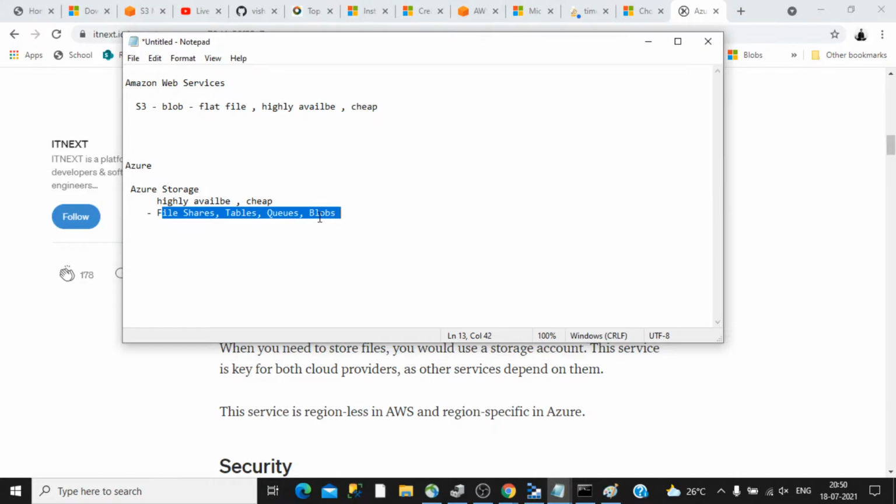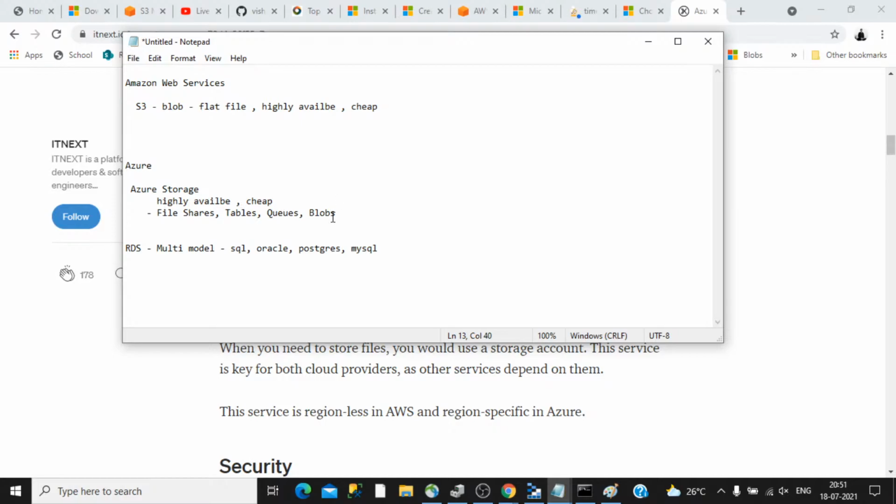Hope you understand that earlier when we created an RDS service in Amazon Web Services, you understood that this Amazon RDS service is a kind of a multi-model where you have the provision to create a SQL or an Oracle or a PostgreSQL or MySQL, whatever type of relational databases under this particular RDS category. Similarly in Azure, when we create an Azure storage, we can create the different types of storages like the file shares or tables or queues or blob.